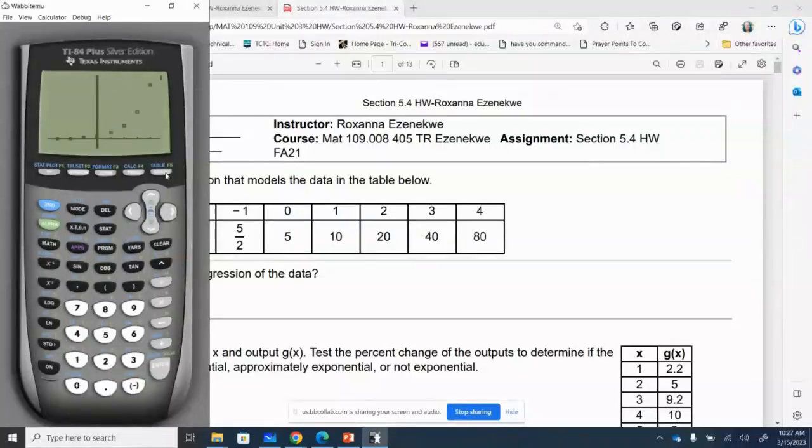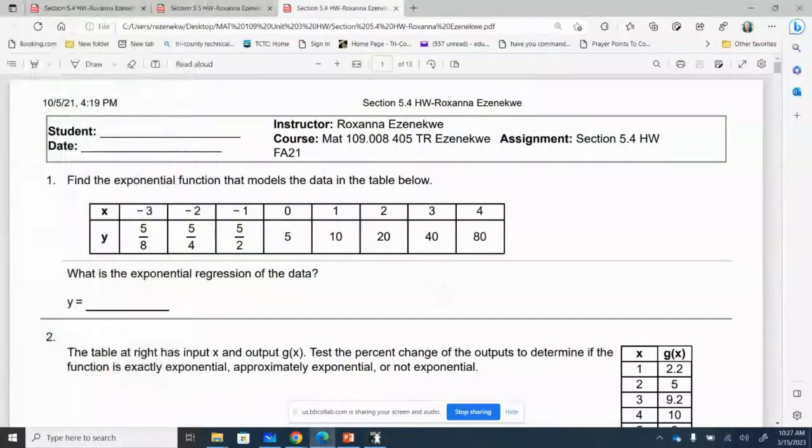Okay, and now I am going to graph. In other words, the graph I have in my Y1 is going to draw in my scatter plot. If I push trace and arrow down, I will see the equation here. And so the equation says y is equal to 5 times 2 to the power x. All right, so now I'm going to go here. The exponential regression